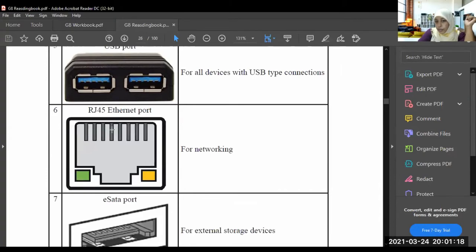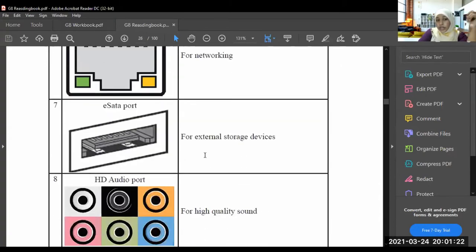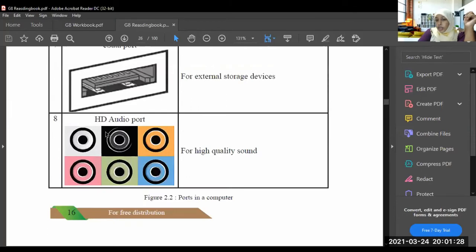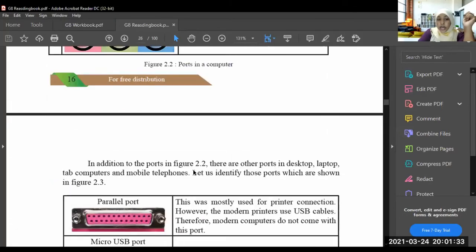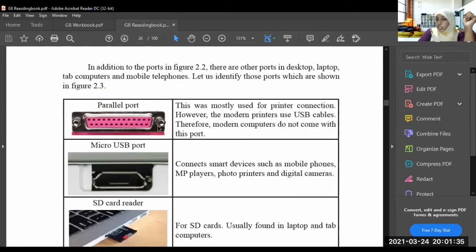RJ45 Ethernet port is used to connect the network, computer network. eSATA port is used for external storage devices. HD audio port is used to connect high quality sound. Parallel port is used to connect printers, but you should know that modern printers use USB cables.